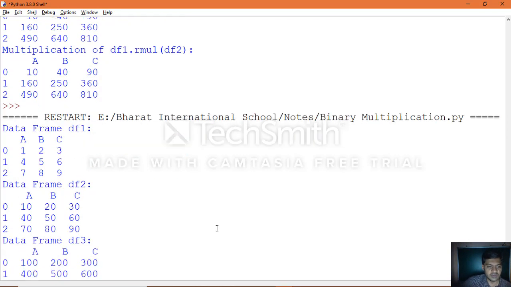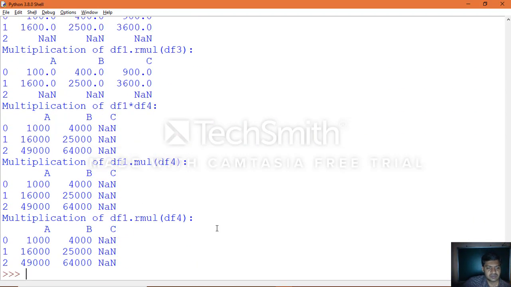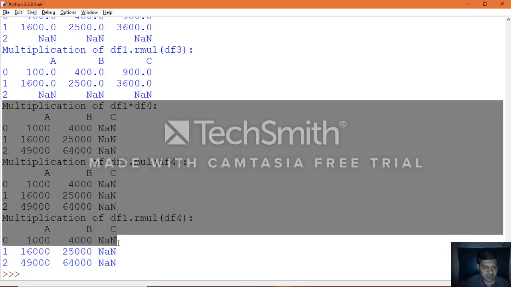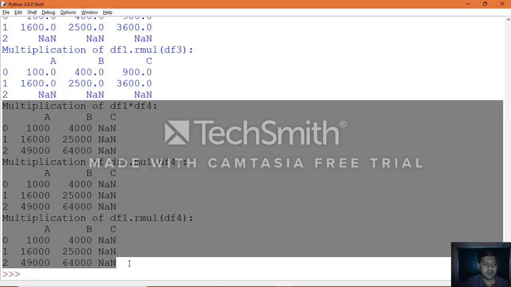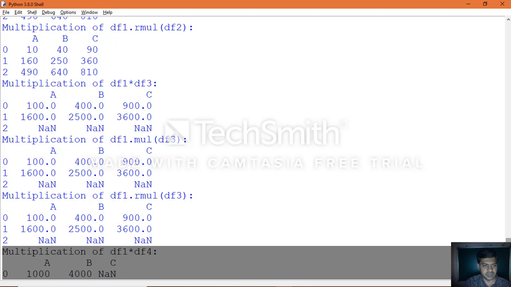You can see all will be executed between the objects. Yes, you can see the same result between 1 and 4 objects using normal multiplication, using the multiplication function mul, using the reverse multiplication function between those two objects.